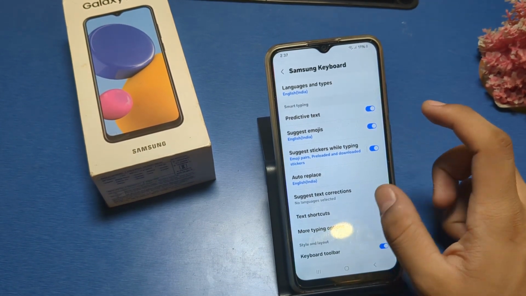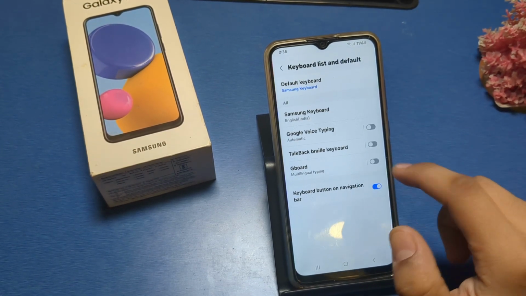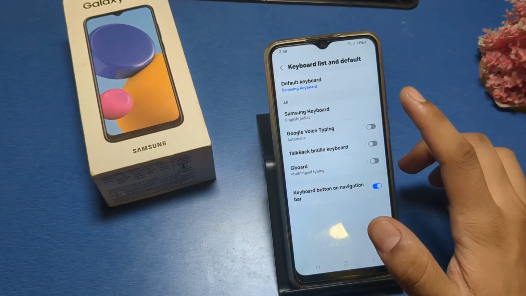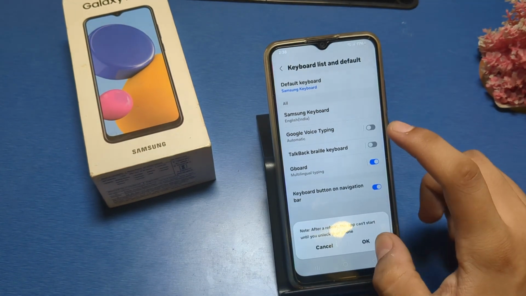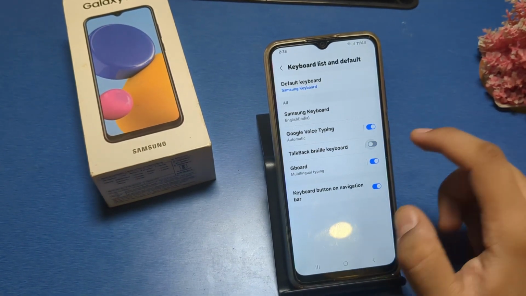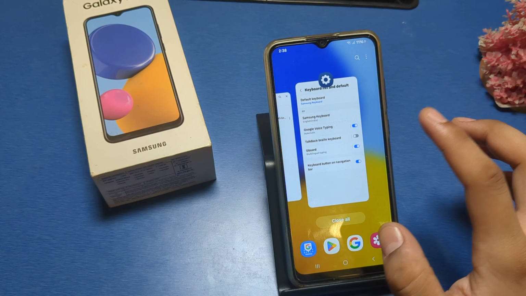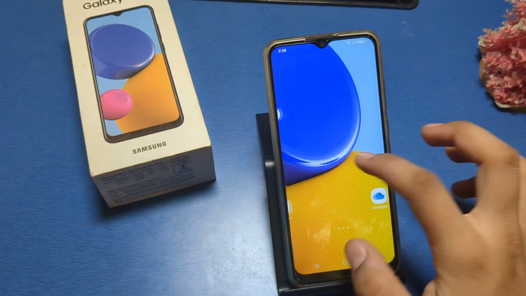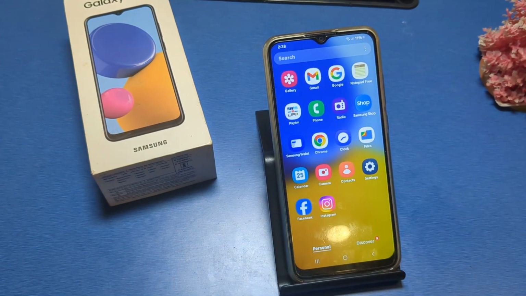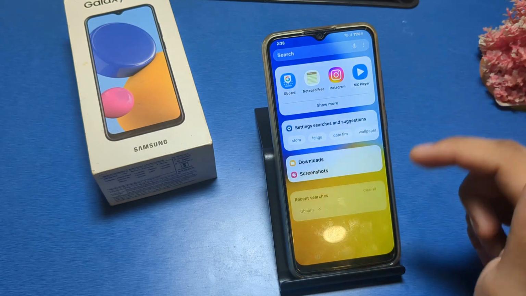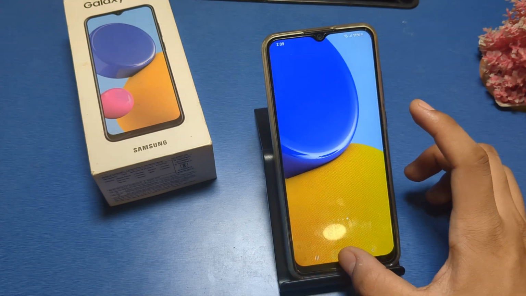First, here is the list and default. If it is not working, and if you have another keyboard, then first enable this feature and see there is no Samsung keyboard. Friends, you can see the Gboard is applied, and if you want to go to Samsung keyboard, then simply